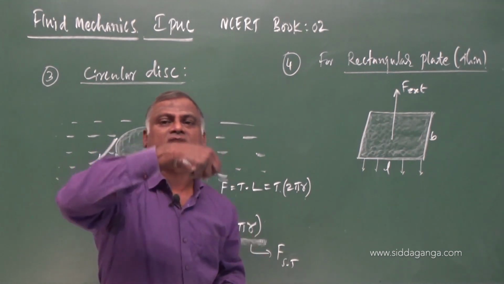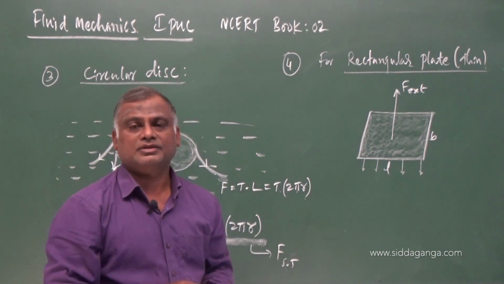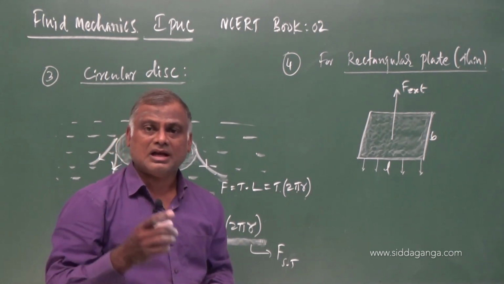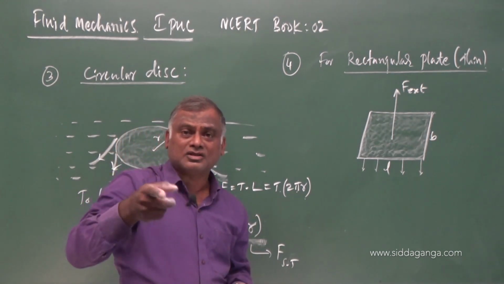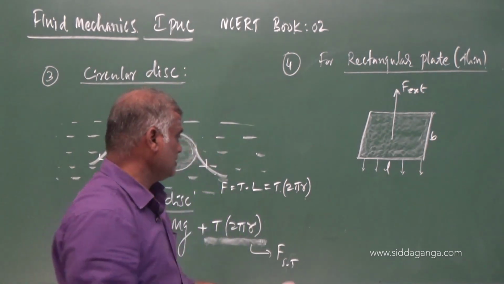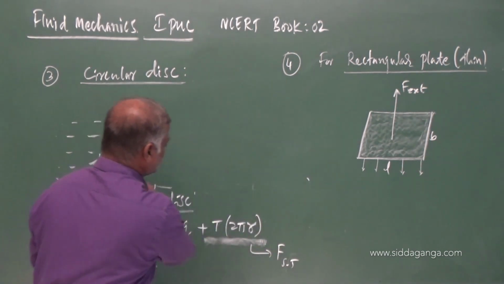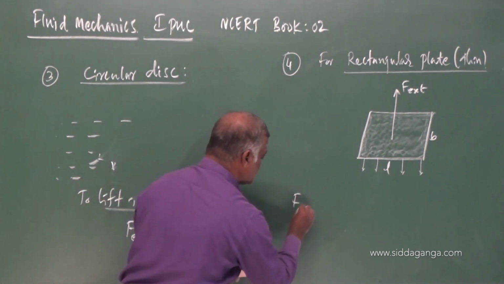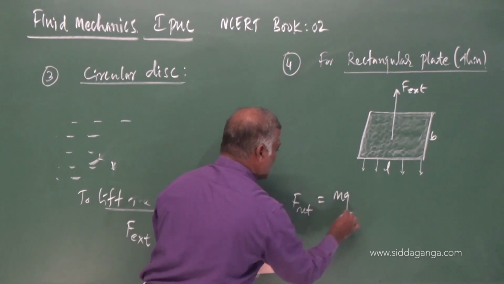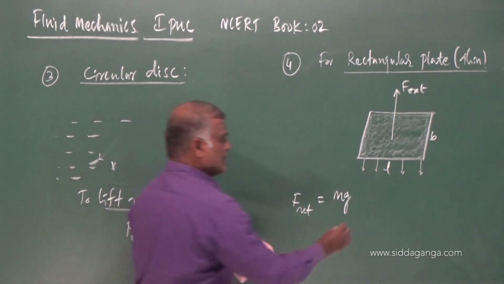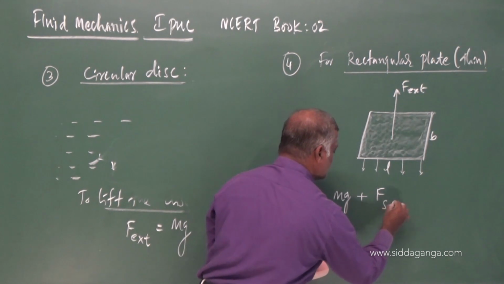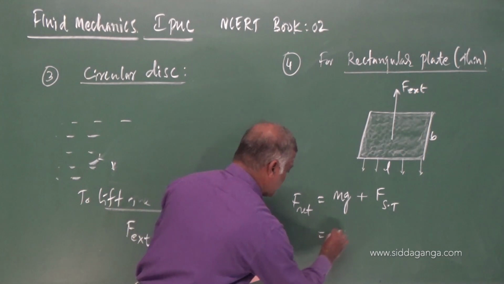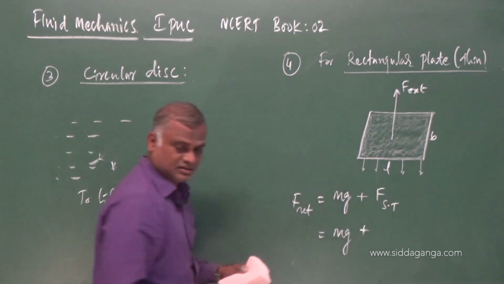I want to lift that glass plate which is of rectangular shape. For that, how much extra force do I need along with the weight? So our answer is the same as we studied. The net force needed is the downward weight of the object plus the force due to surface tension, mg plus.